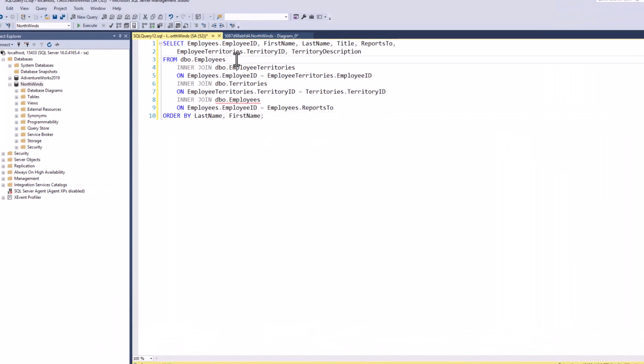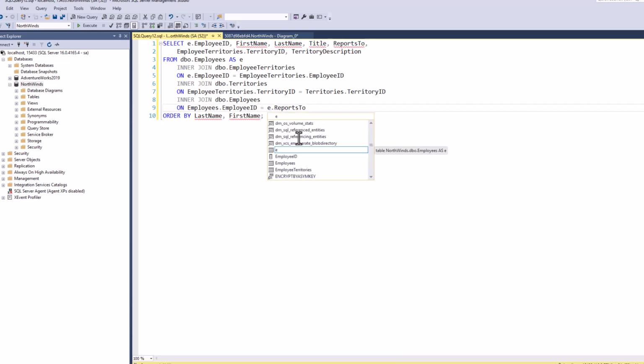So now we're going to start by replacing the employees and put in the as E. Once I do that, you can see that it's going to start highlighting things for us to change. And we have on here our E that we want to change in our select list here. We also want to change it down here. And then down here we have the reports to. That's in our employee relation that we want to join to the employees table to pick up their manager. And that is the reports to from the employee table to the employee ID on the reporting structure. So this is going to be E for the reports to.